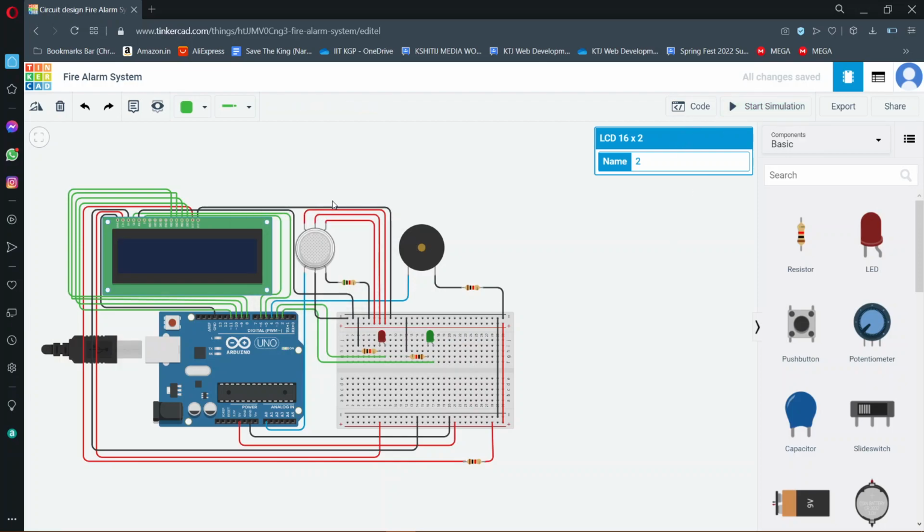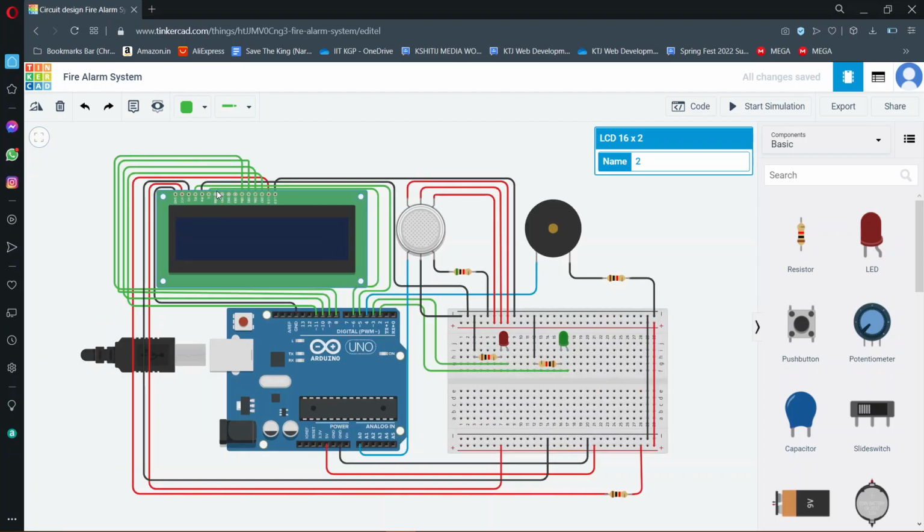So this is what I have made using this Tinkercad software. The best thing which I like about this project is that it has made life easier for people. Now people do not have to worry about these things while working in an office or anywhere in society. Whenever there is some mishap, the detector will easily detect it, and then measures can be taken as soon as possible to rectify the conditions.